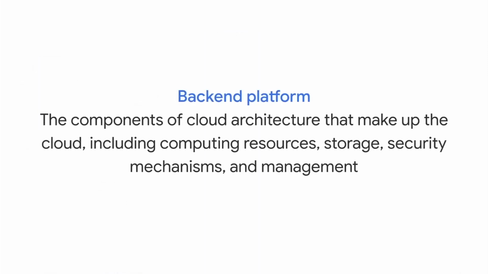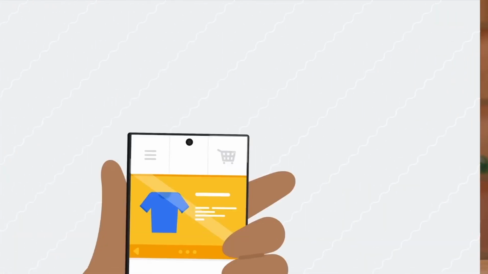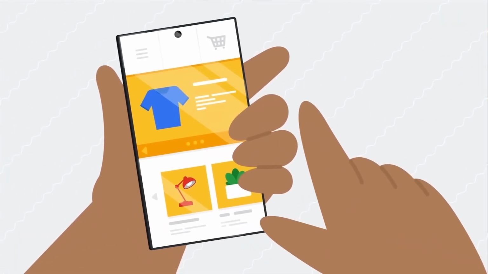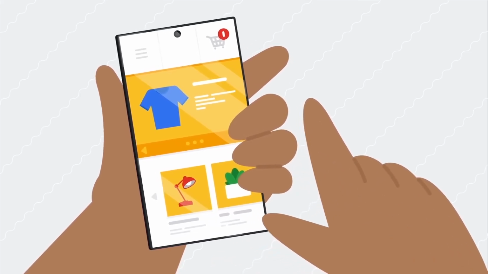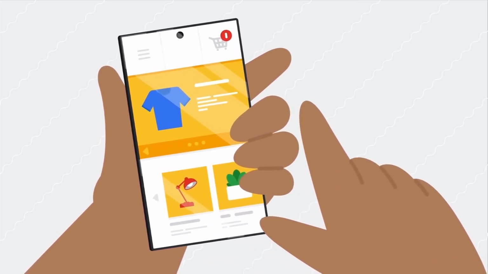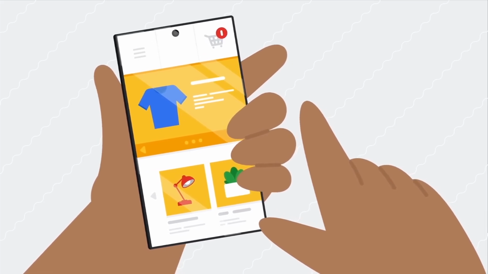In contrast, back-end platforms are the components that make up the cloud itself, including computing resources, storage, security mechanisms, and management. A primary back-end component is the application. This behind-the-scenes software is accessed by a user from the front end, and then the back-end component completes the task. When you use an online shopping app, you may browse the products first, add them to your cart, and then make a purchase. All these actions are possible because the back-end application is at work behind the scenes to complete